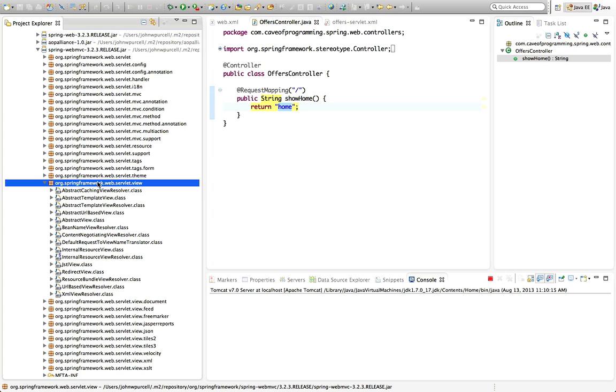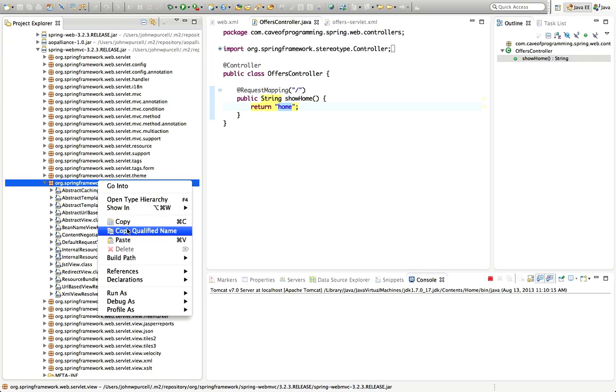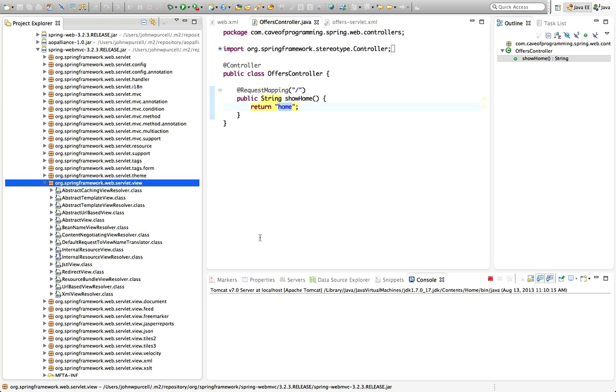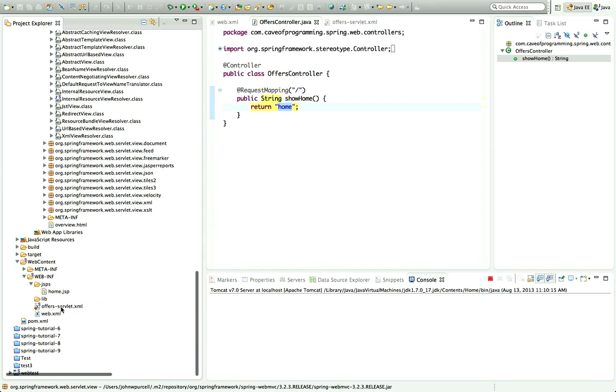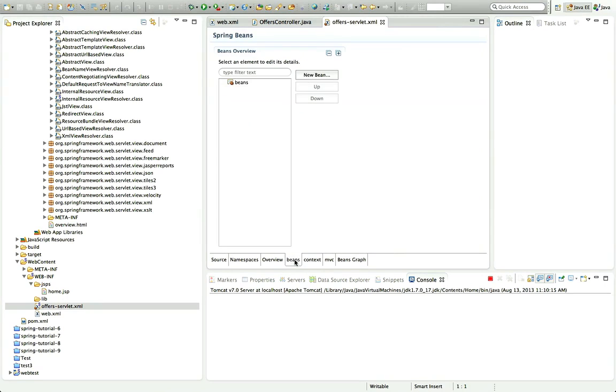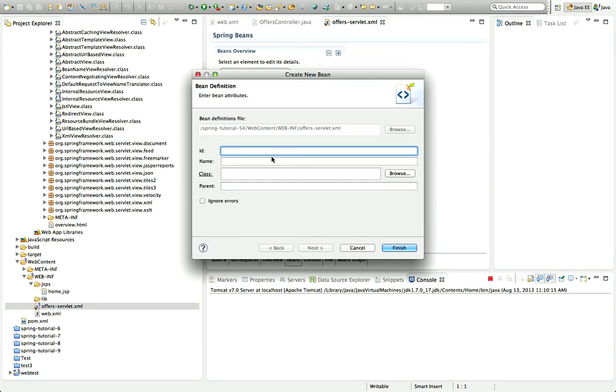org.springframework.web.servlet.view, right click it and go to copy qualified name, and then I'm going to browse to my offers-servlet.xml under web content, and let's click beans and new bean, and I'll give it an ID. The ID doesn't matter at all. I'll call it something like, I don't know, jspViewResolver. And for the class, I'm going to paste in that package, and then dot, and the class name is